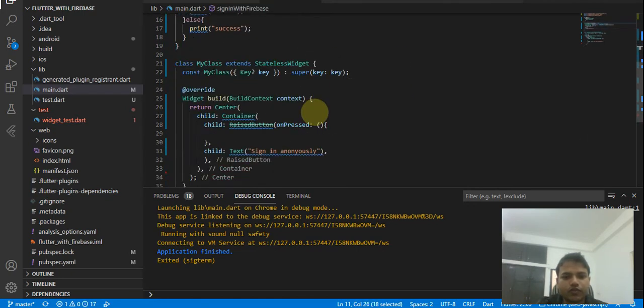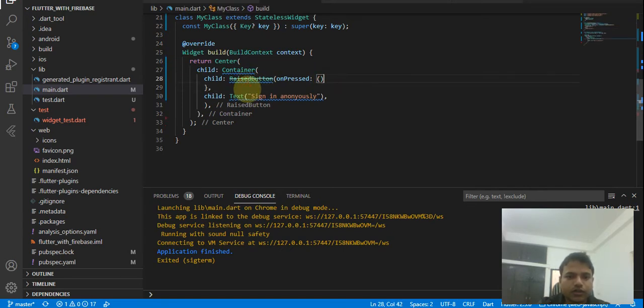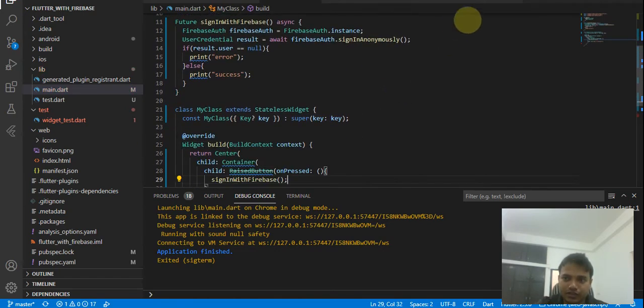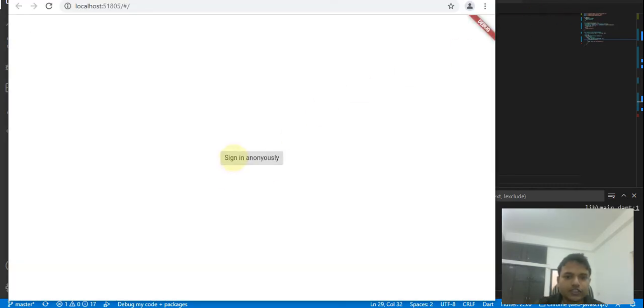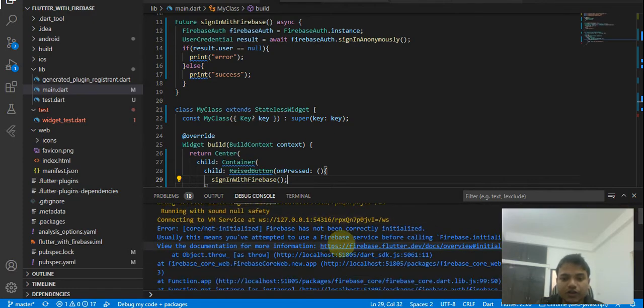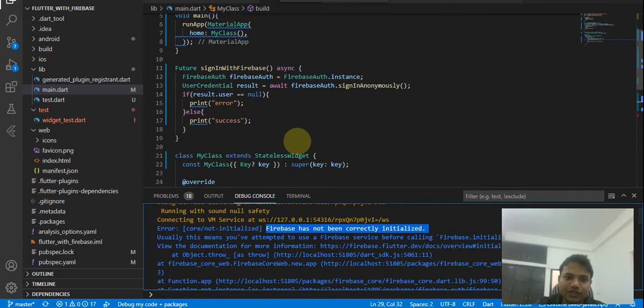First of all, we have to call this function from the onClick listener here. So I'm calling it, and let's see what happens when we call it. This will not run correctly, it will produce some error for us. Let's click and see what happened. Once I click here, you can see Firebase is not correctly initialized. Let me explain why I'm doing this, just to understand why this error comes, because I know it will come.